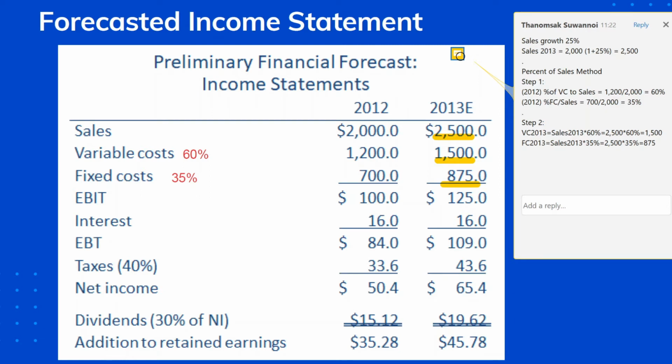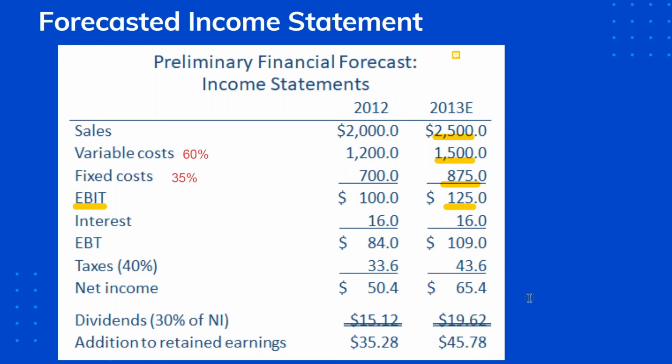We can use sales subtracted by variable cost and fixed cost and get operating profit or earning before interest and tax. The forecasted earning before interest and tax in 2013 is equal to